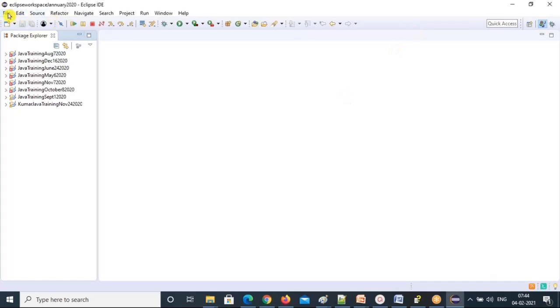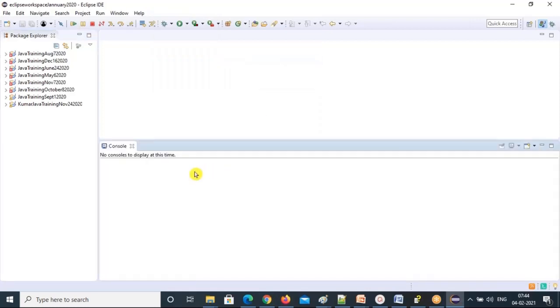Okay, so this is the Eclipse landing page where we are going to write the programs. You can debug the programs. You can see the output also. So there is one more window you will get here. This is the one pane, right? Left pane. You can see package explorer on the left side, and on the right side you will see the editor. And one more also you can see. Let me show you that.